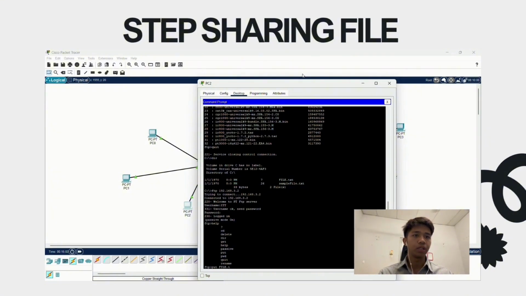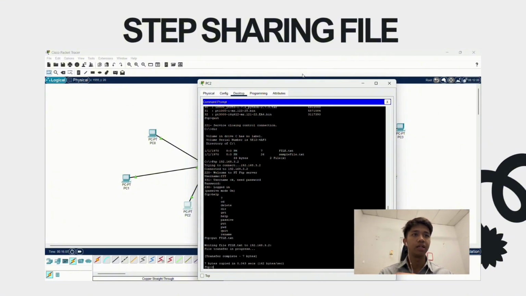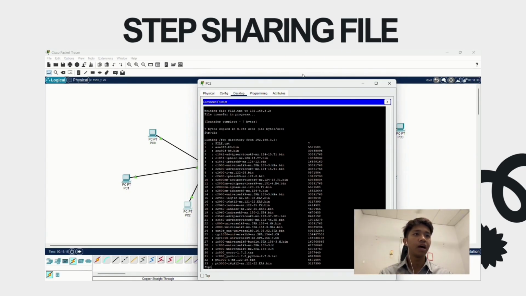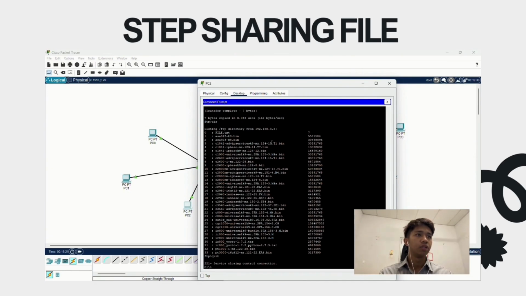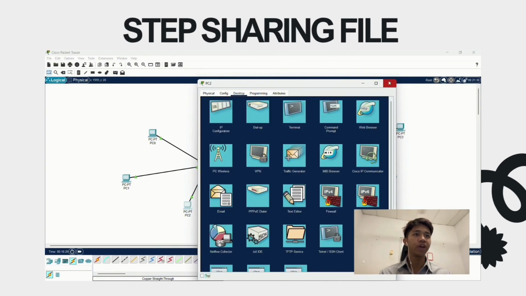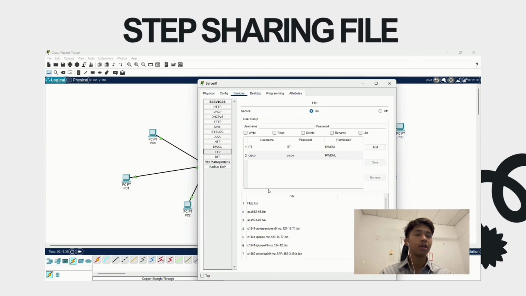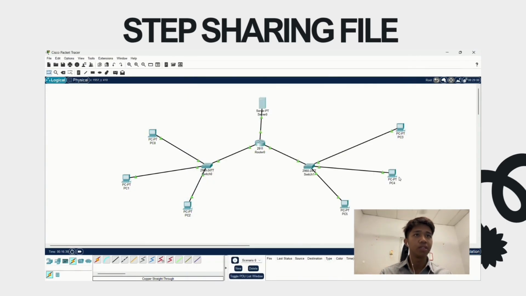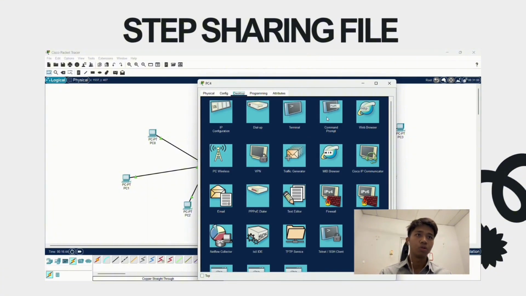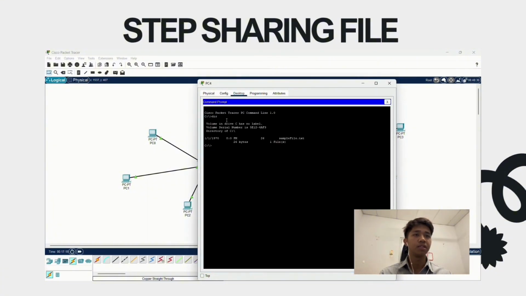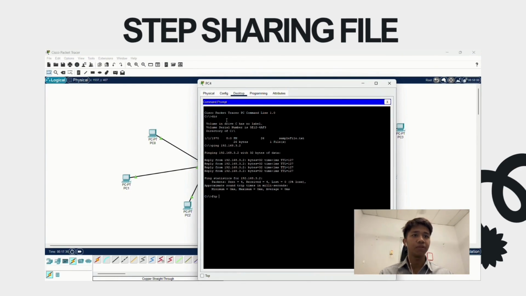After we put file.txt, the file is automatically uploaded to the PC and the server. So right now we're going to fetch the files from another PC, which we're using right now is PC4. Use the same steps as before. Check the ping first, which is the connection in the network, and we check for the